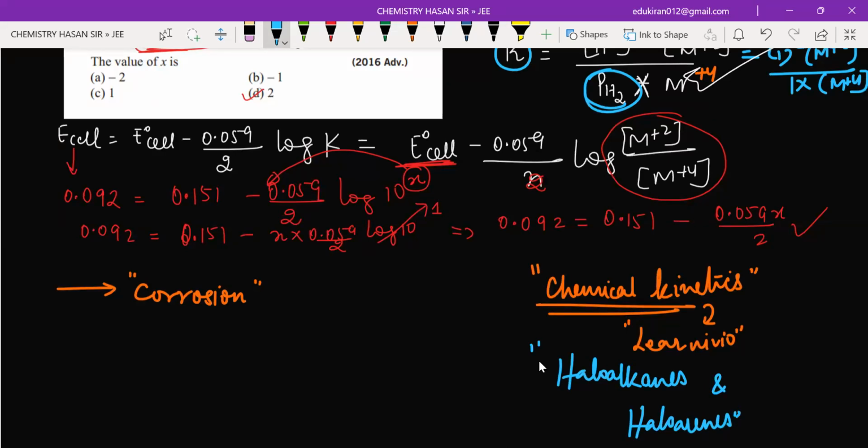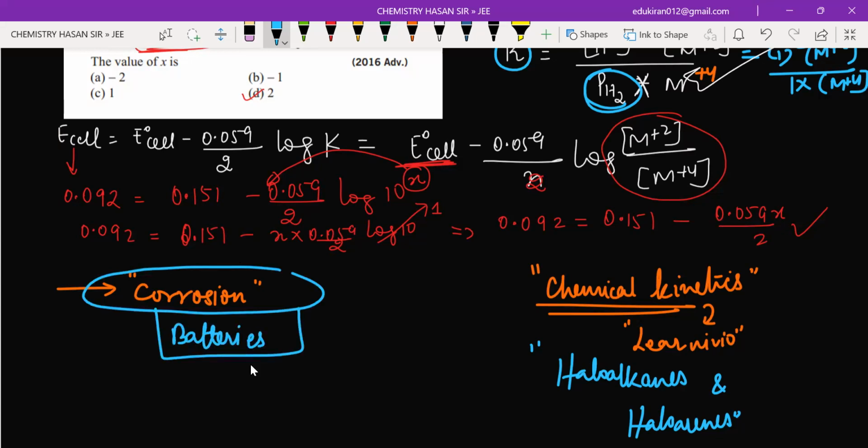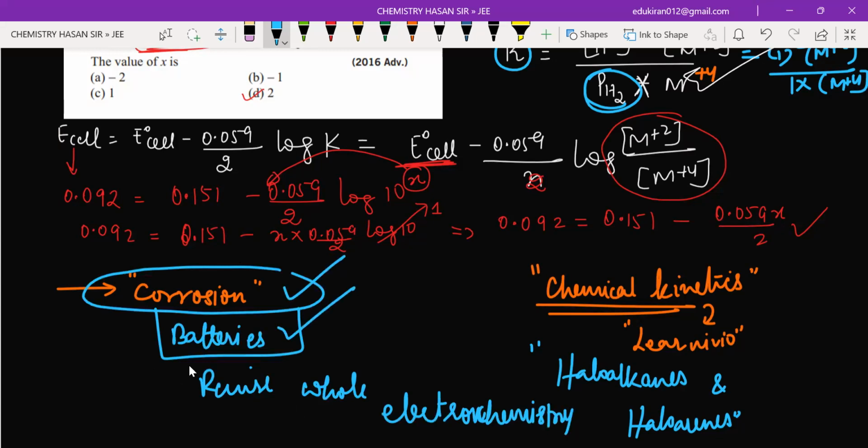Okay. So let's talk about this now. Corrosion and batteries. You are going to study about this as well as revise whole electrochemistry. Is that clear? In the next class, we are going to have some questions on this topic and this topic, and we are going to